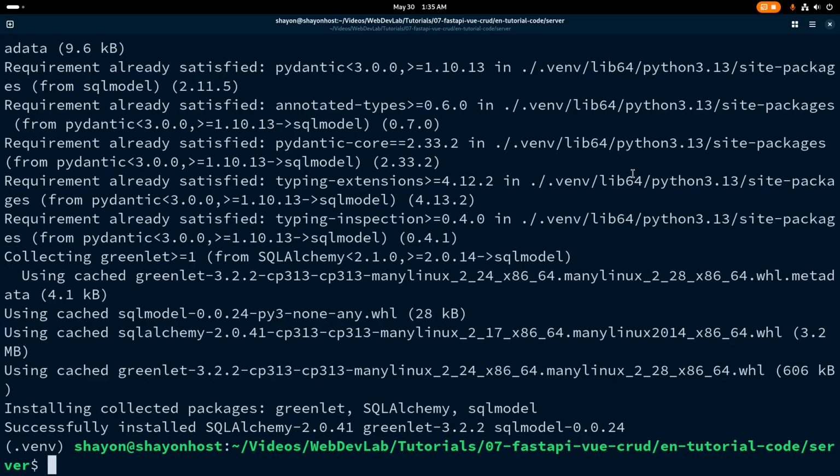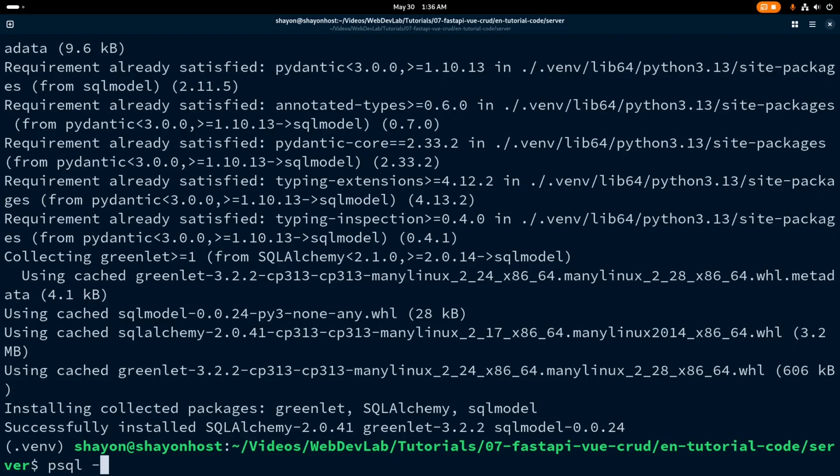Okay, since I have installed PostgreSQL successfully, I can access the PostgreSQL shell. If you have access to the admin panel of PostgreSQL, I guess it is pgAdmin, you can just create a database there and connect to it. But I'm going to use the shell to create a database. So let's write the command